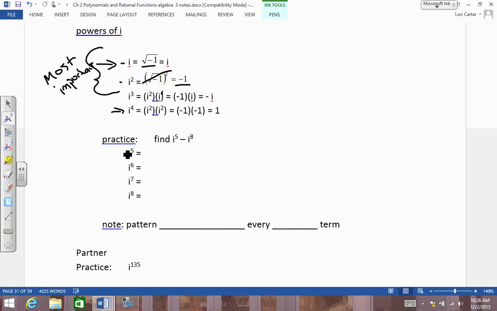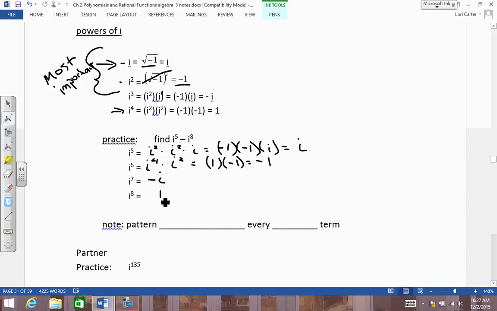Alright, what's your pattern? I to the 5th is? Okay, I squared, I, which is -1 times I, which is -I. I to the 6th... but she used I squared instead of I to the 4th. Okay, I to the 6th, negative 1, because we could use I to the 4th, I squared: 1 times -1 is -1. I to the 7th, negative I. I to the 8th,